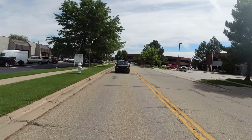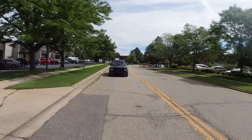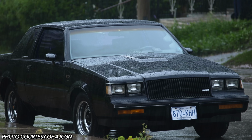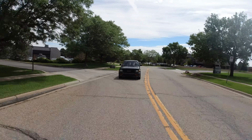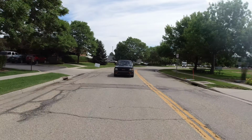So let's kind of talk about the era of these vehicles, right? There was, of course, the Typhoon, and then of course the Grand National. Grand National is kind of the granddaddy of it all, to kind of start this forced induction GM V6 power craze. Yeah. Now those are a lot more expensive. They really took off, and that's kind of what got me looking towards